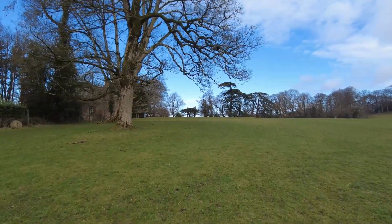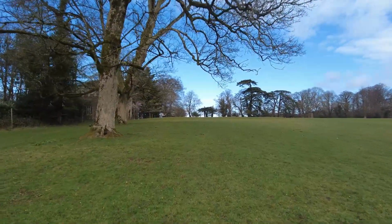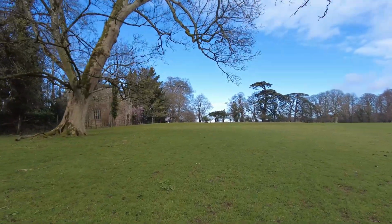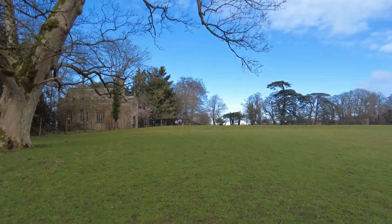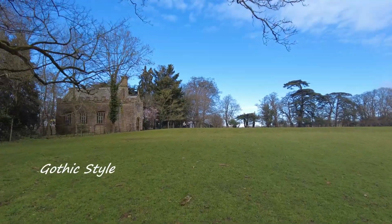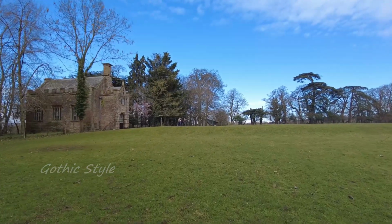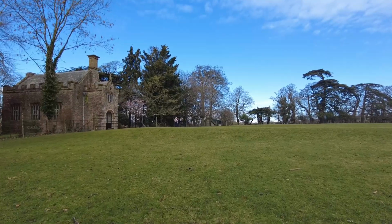And just coming up to the chapel now, and it's so nice to see the spring blossom coming out. I have a piece of music on my music channel called Urban Blossoms, which I took last spring, featuring a lot of the blossoms coming out in and around Tiverton. So here's the chapel,